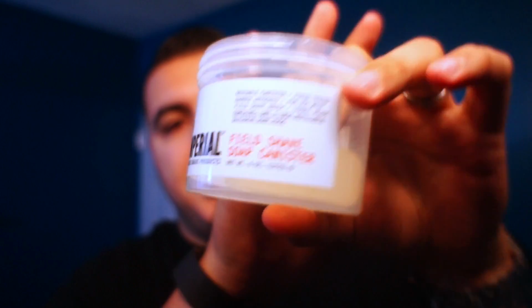So first off, we're basically going to go all Imperial today. They sent me the Imperial Glycerin shave soap, and it comes in this container. You can buy just the puck alone or in this container. And then they also sent me the brush that we're going to be using today, a Boar